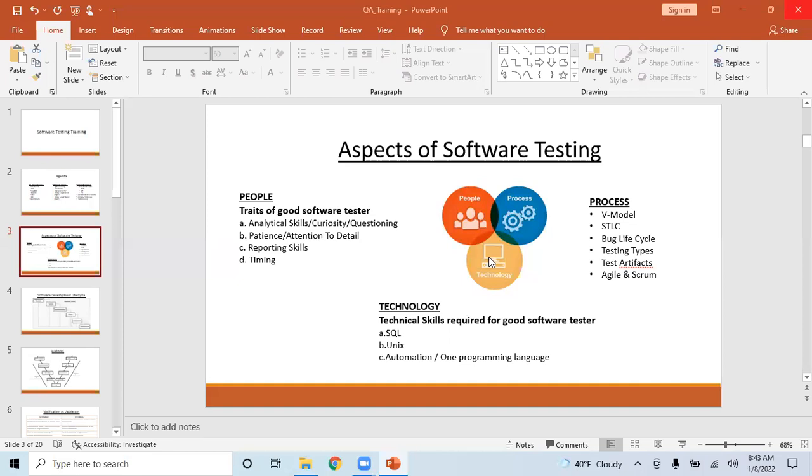Tomorrow I will give you some of the tools for SQL and Unix. But let's not focus on technology right now. Today and tomorrow, let's focus more on process. When we start the technology sessions from next week, then we can focus more on SQL and Unix. Today and tomorrow, we will mostly focus on process, and let's get the process fully, so that it will help during the STLC.